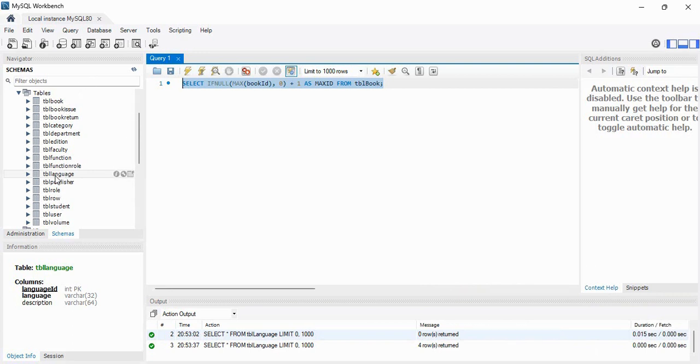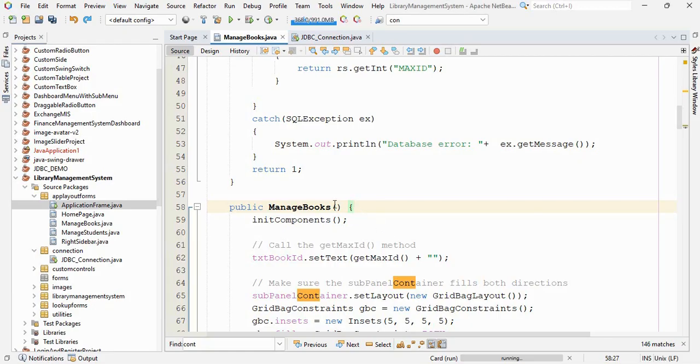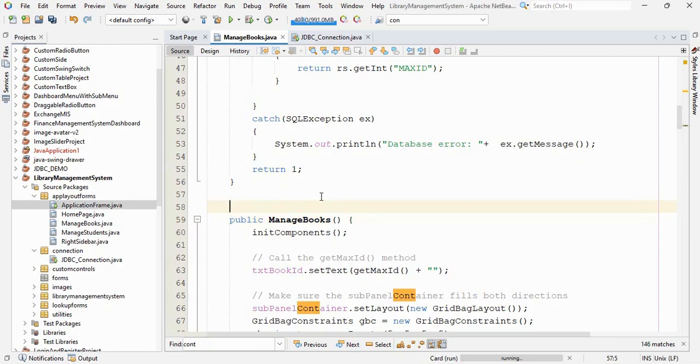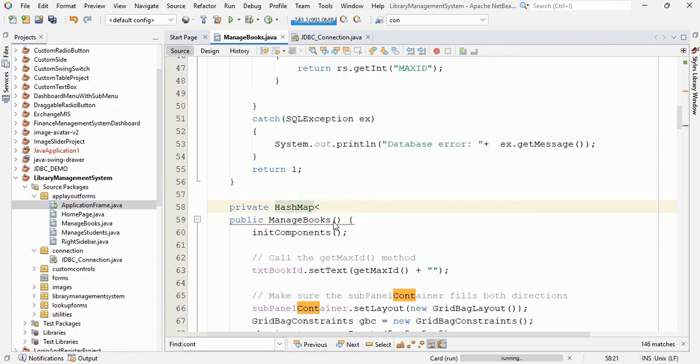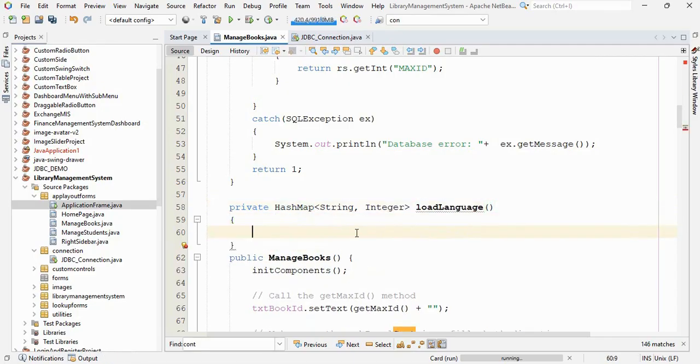First, you want to load all the languages from the language table, and here you want to define a simple method, private, for example, HashMap. Here you can specify key and value. You want to specify key string type and value integer type. For example, loadLanguage. That is because we want to store the language ID in the book table, and we want to display the language name